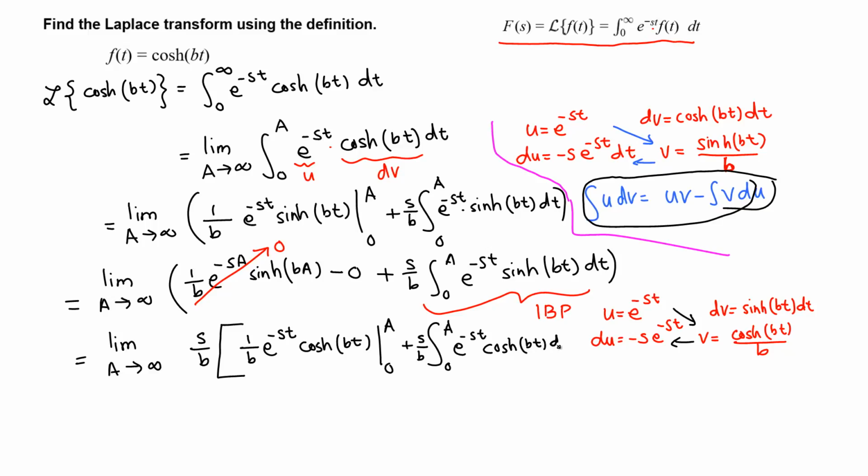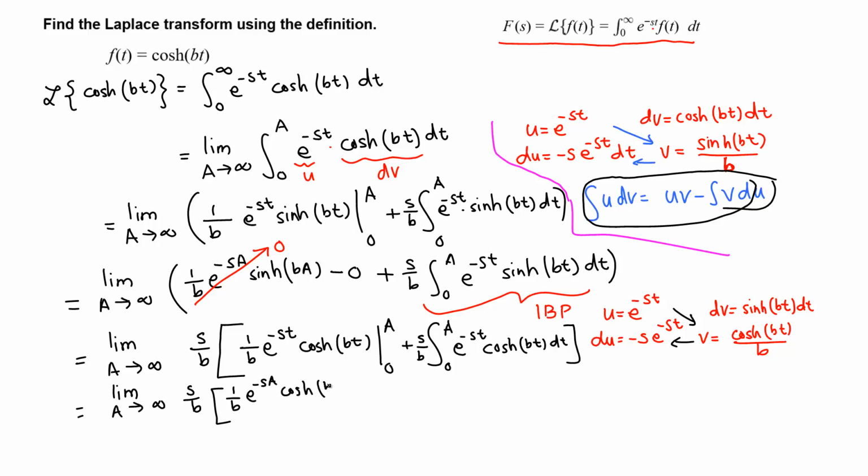Okay, and dt, and we have this big bracket. Now let's simplify this. This is the limit as a goes to infinity of s over b outside. For this function, let's evaluate at the upper limit minus the lower limit. That means replace t by a, so 1 over b e raised to negative sa